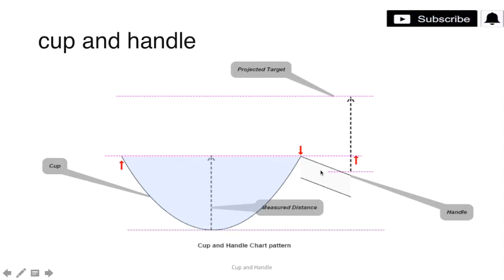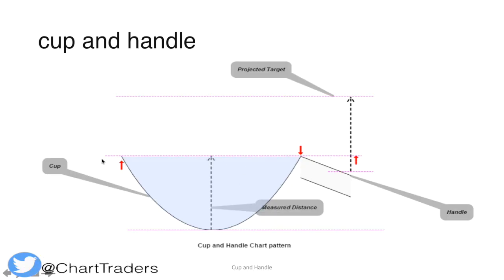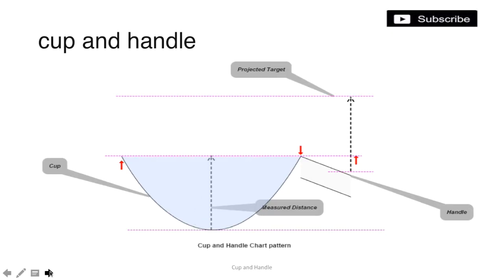Making lower highs, whenever the breakout happens, the first target is this resistance point. The second target is the difference between the center of the ellipse to the ellipse, that is the target from this breakout. That is a projected target. So easily you can see the cup and handle pattern on different charts, identify the breakout and the target, which is the difference across this curve, this ellipse. We will see with the help of examples.